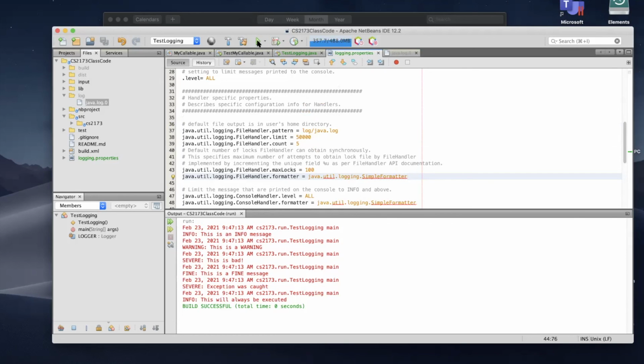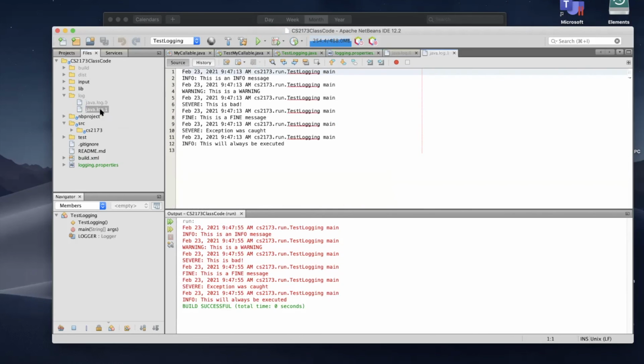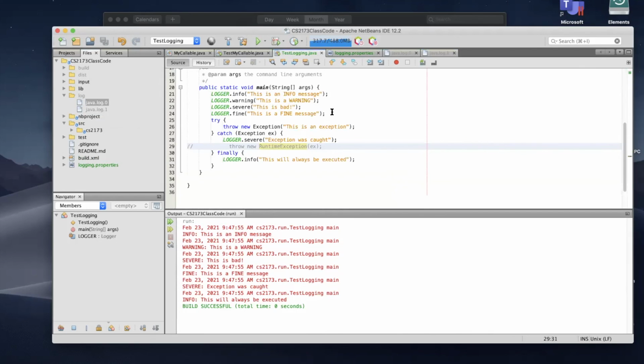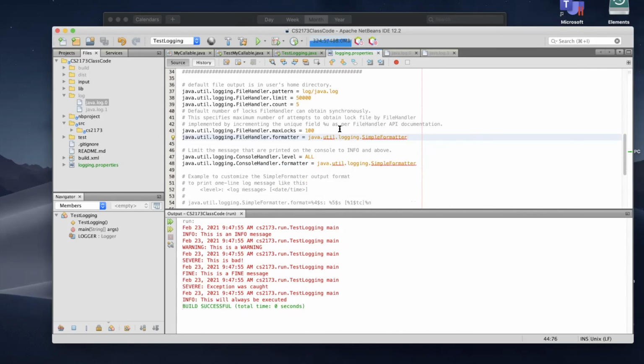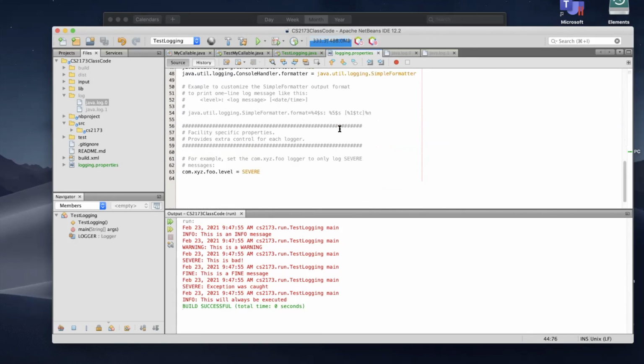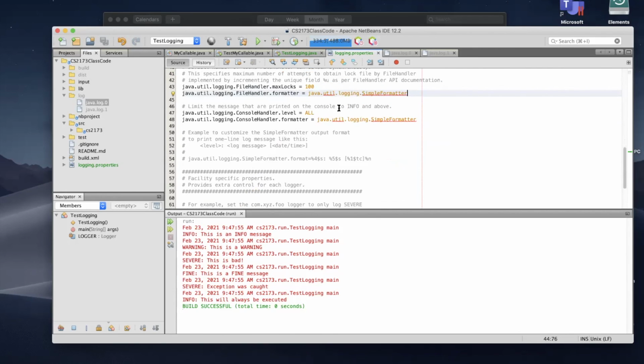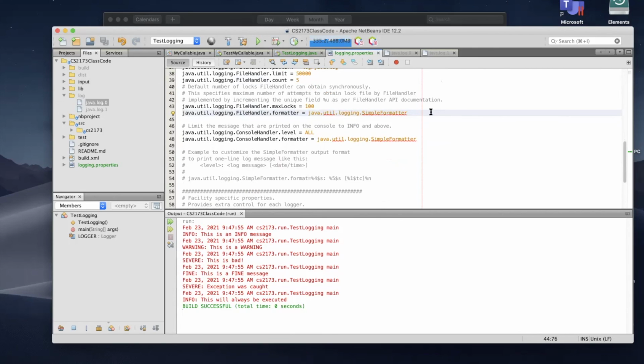Now notice what happens when I run again. If I run it again, what it did was it took the previous file, the 0 one, and copied it to 1, and then wrote a new one. So let's prove that that was the case. Let's run it again, and for the file,